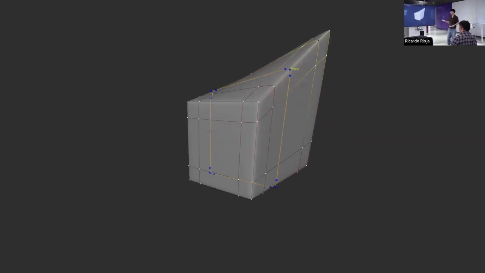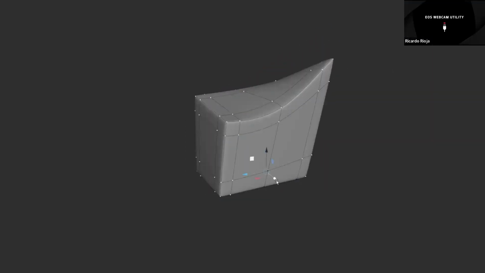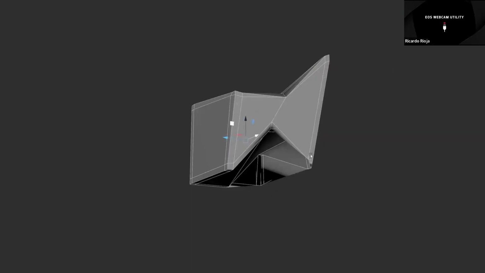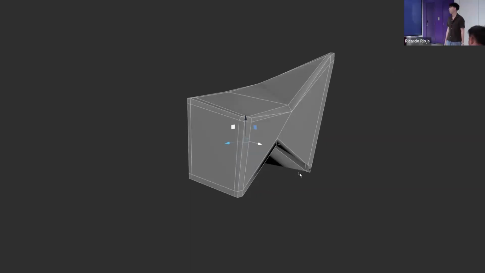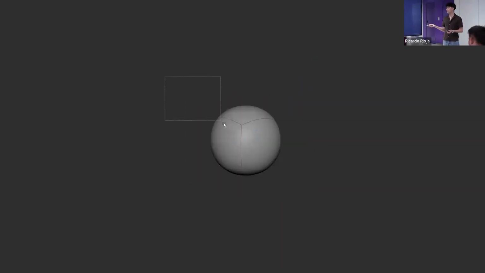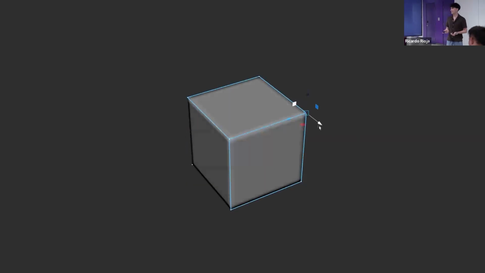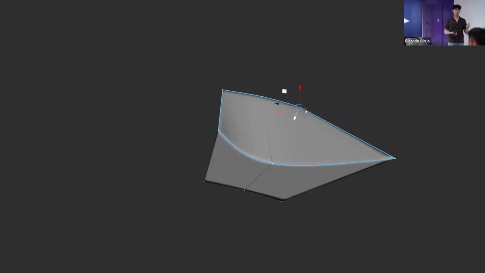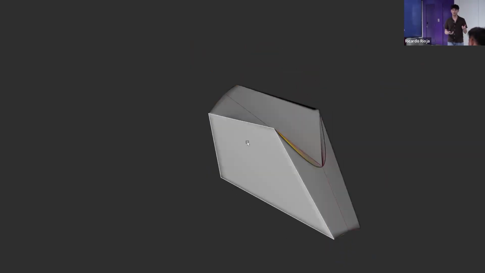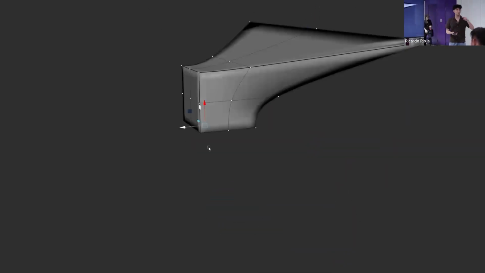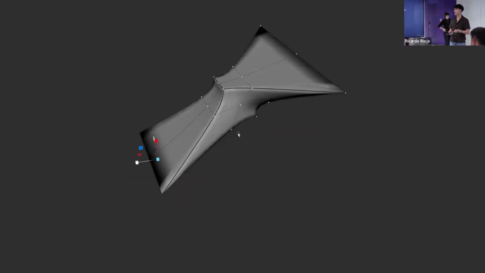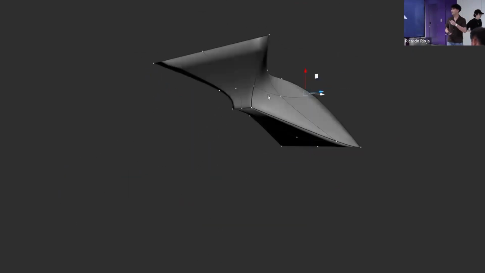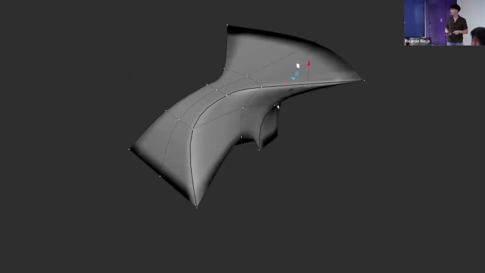I'm showing here that if I add bevels and then I try to modify the topology, it's so bad, right? But if you add creases to it, you have a preview of how your mesh is going to look at the end, without adding those bevels. And this is great for concepting, and you can turn the bevels on and off.